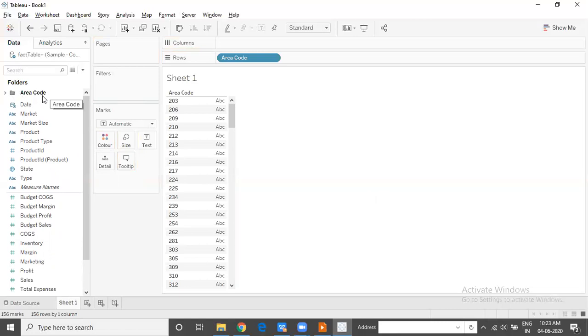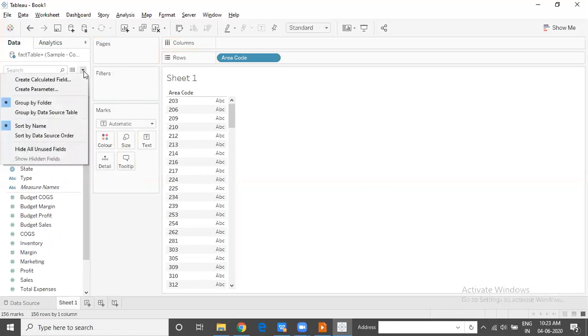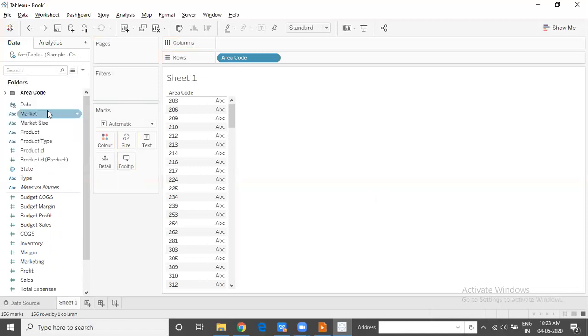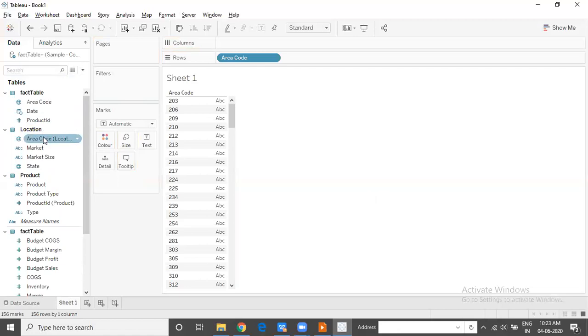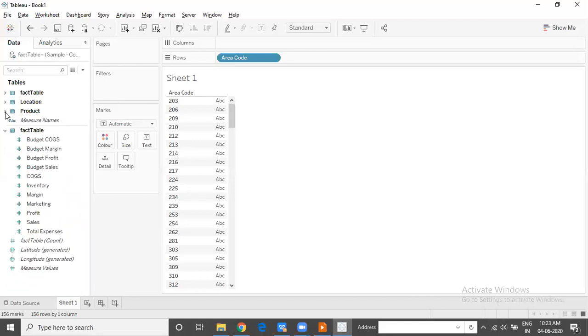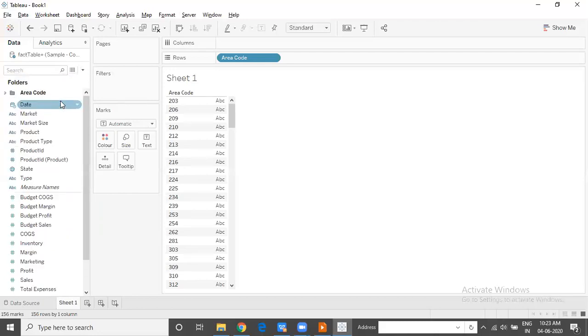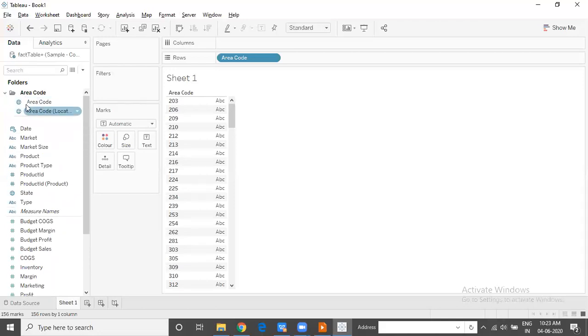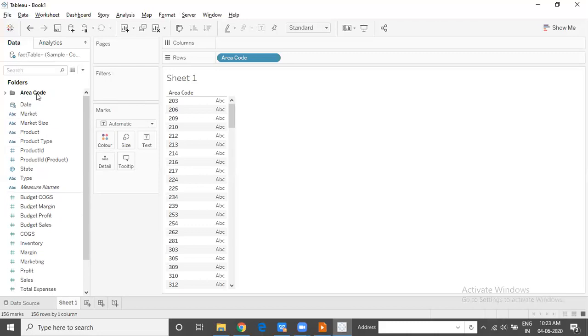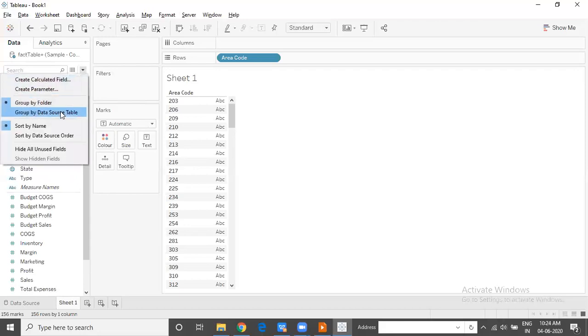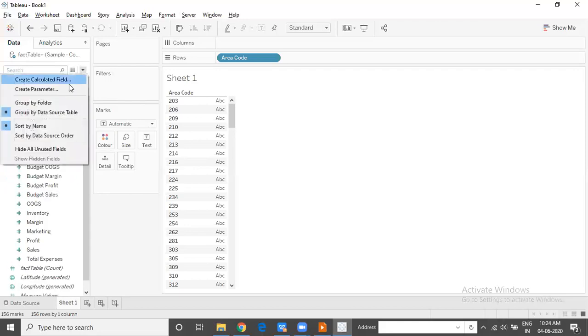Suppose after creating the folders, you go and switch the grouping back to data source table, you will definitely be able to see the tables to which these fields belong. You can close the table, meaning you can collapse it by clicking on the arrow mark, or you can expand it. Now, suppose I change this back to group by folder. My folders will remain intact. I can still see the fields neatly grouped at folder level, which means the folders once you create are accessible in that workbook for that data connection, even though you switch back to data source table and then return to group by folder.